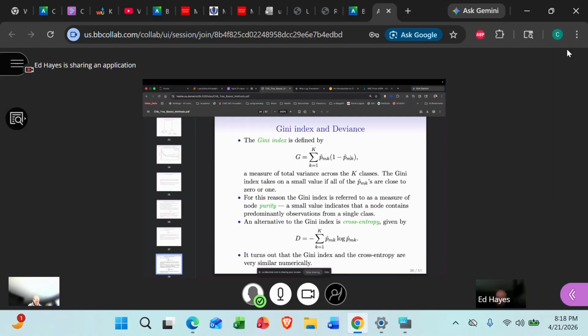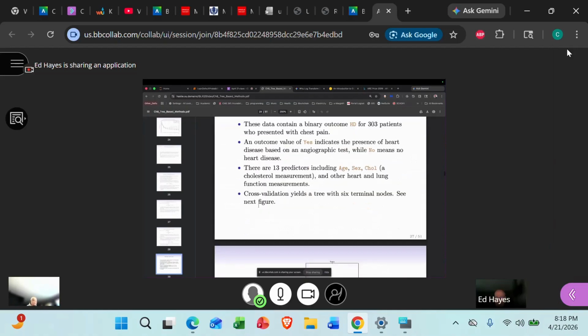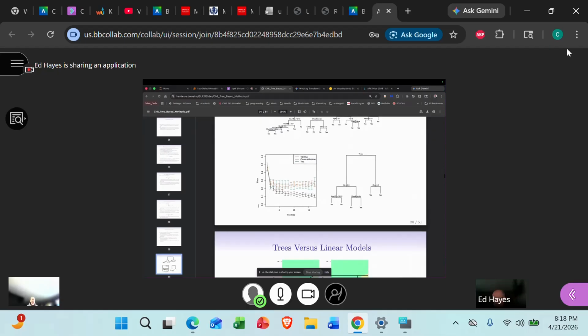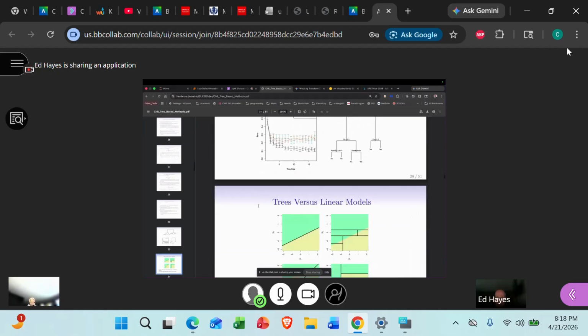And for this reason, the Gini index is called a measure of the purity of the node. And when we're doing classification, we want purity. We want to land in a space where everybody who landed in that space has the same prediction, because then we feel confident that this person has all of the characteristics of class A. Therefore, we're going to predict class A. Okay. And cross entropy actually has a similar impact. Okay, before we take our break, which we'll do in a few minutes,